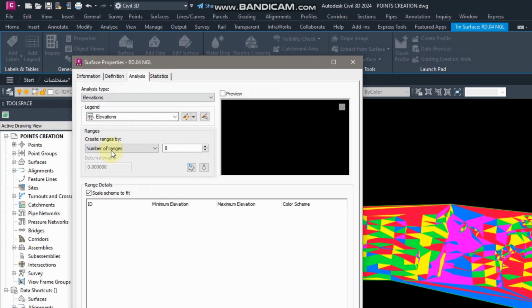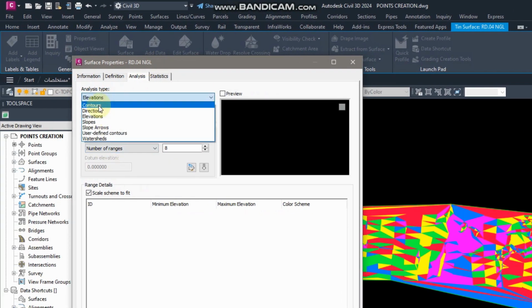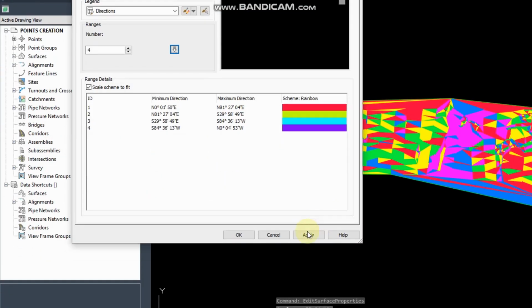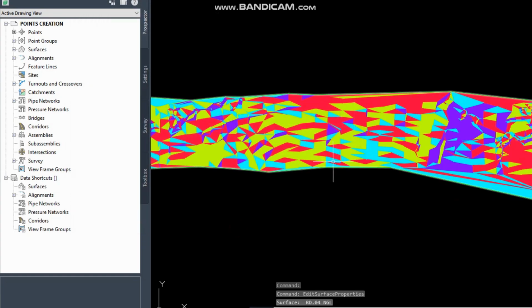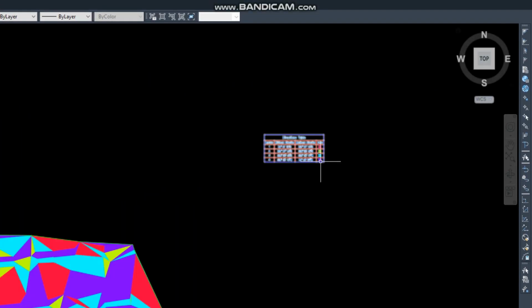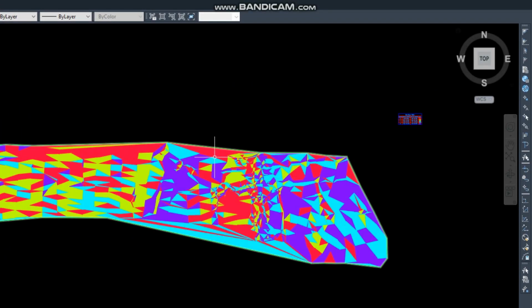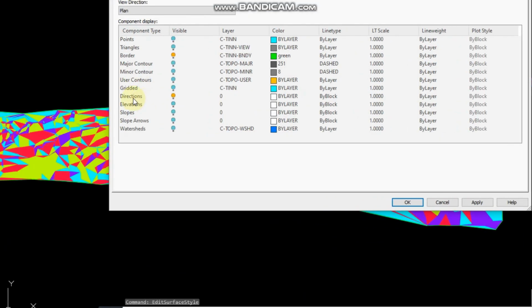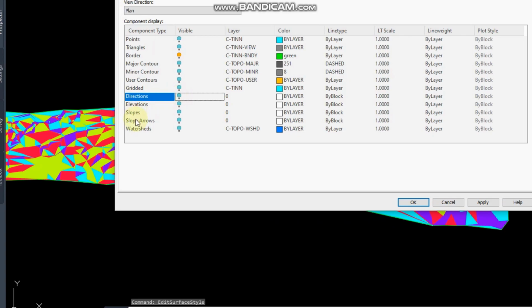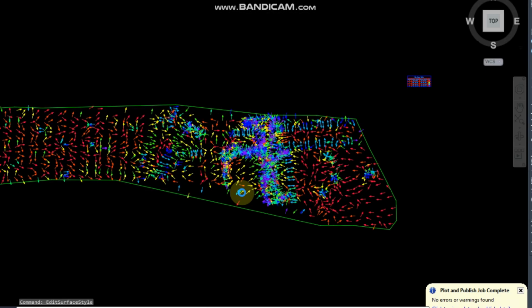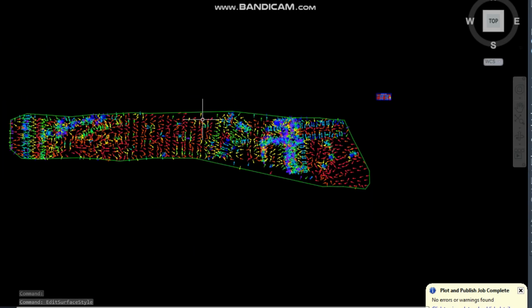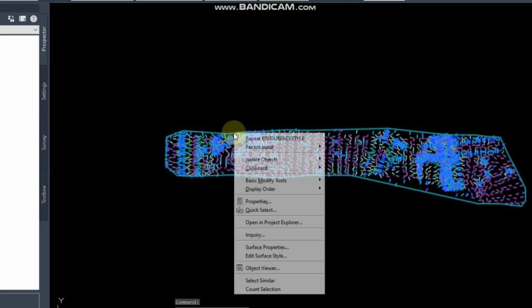Okay, if I want to increase or decrease the number, it is dynamic, it will change automatically. Now the range is divided into 4. If you turn off, then okay, if I want to slope arrow, check the slope arrow, I can turn on the layer,